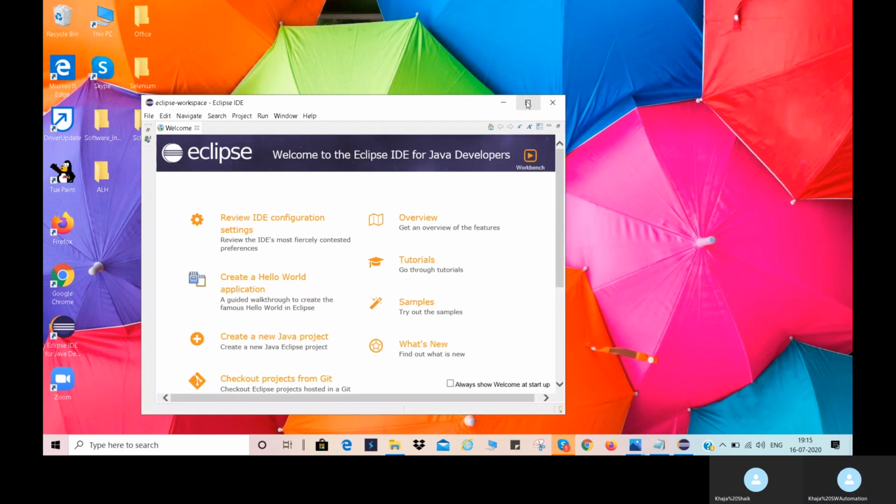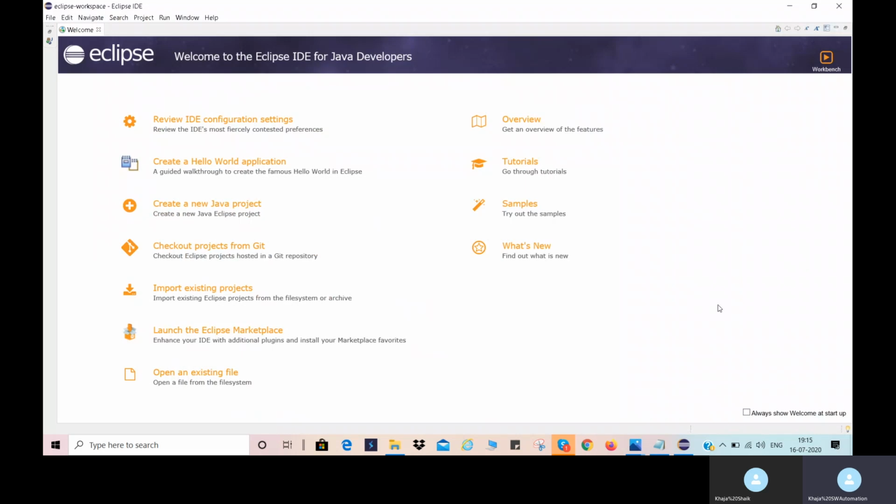Yes, it indicates that Eclipse has installed successfully. Let me close this window.